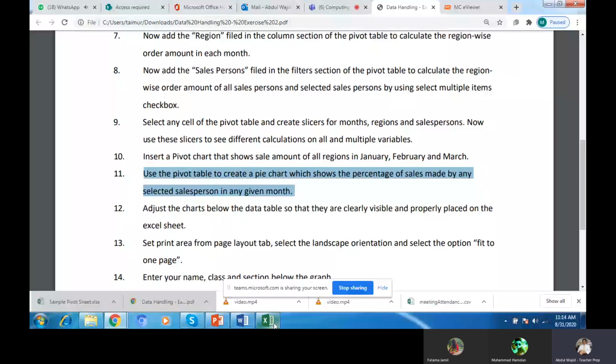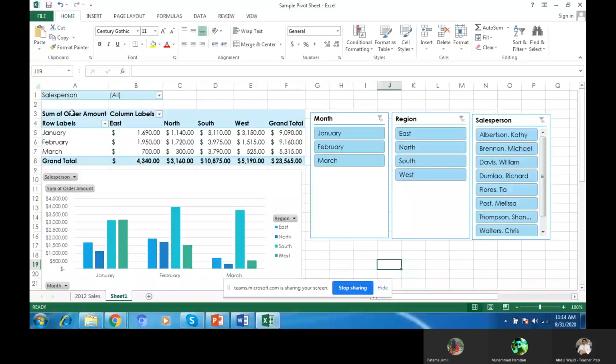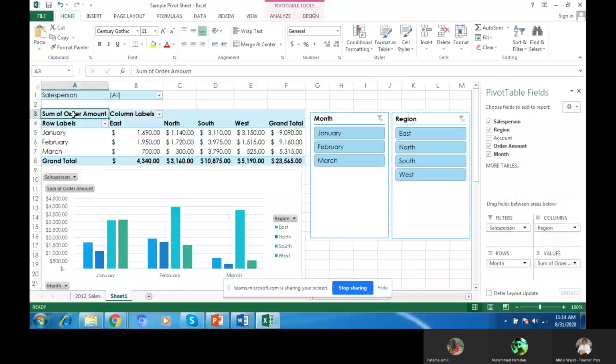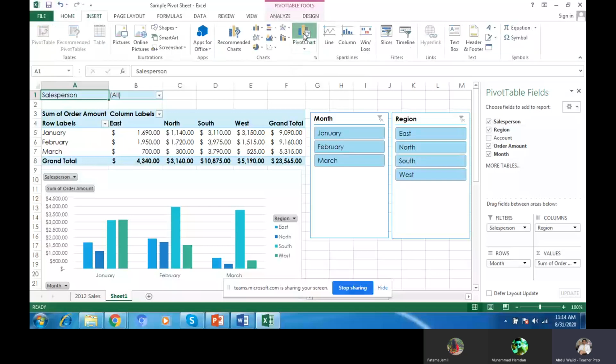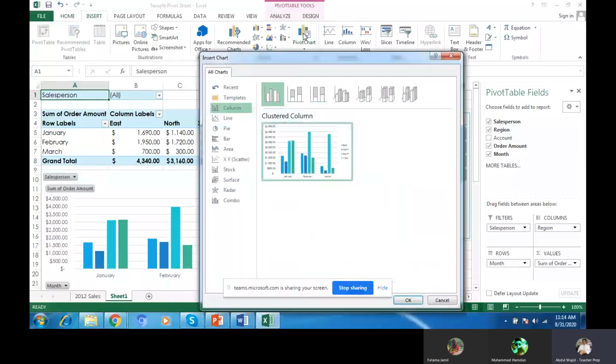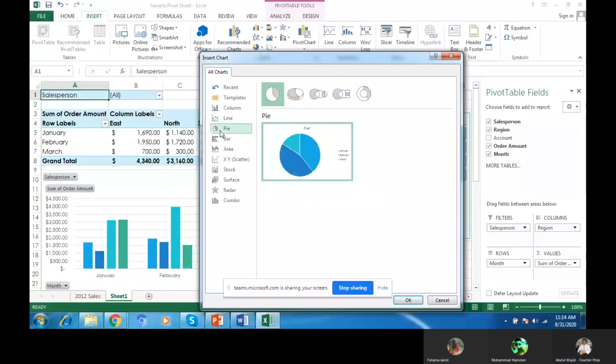Now we will go forward for chart. Which one? Insert chart, and we will go for which chart? Pie chart. Right, when you click here, okay, it will be displayed.